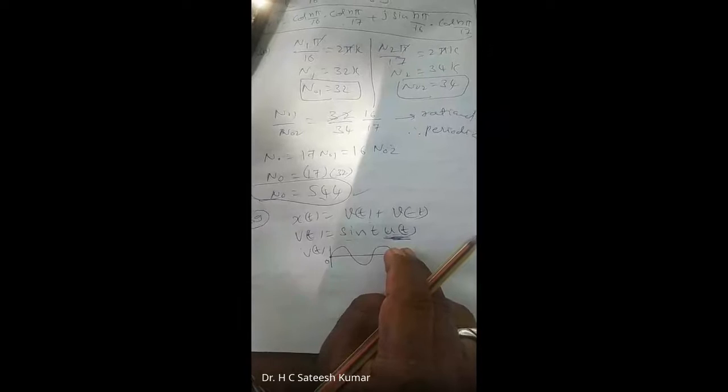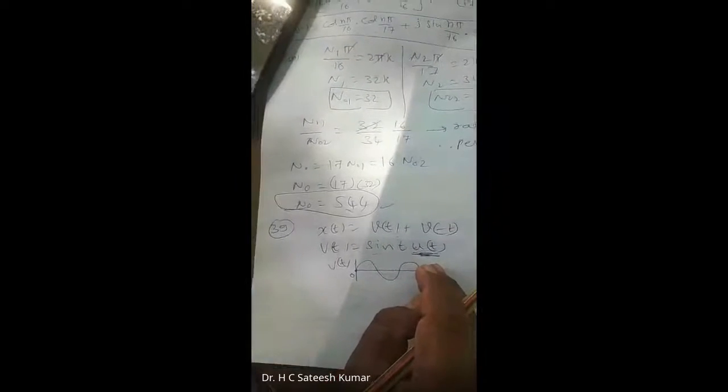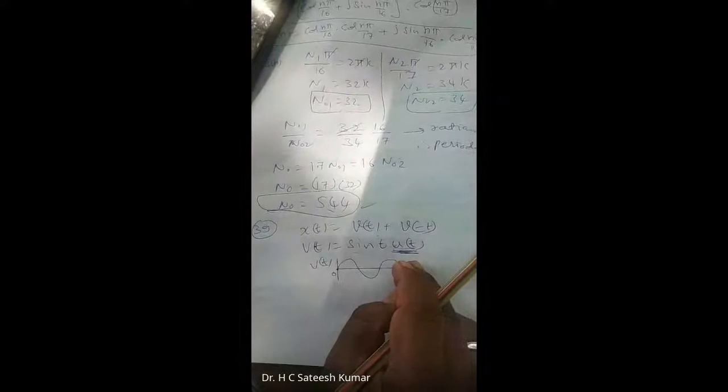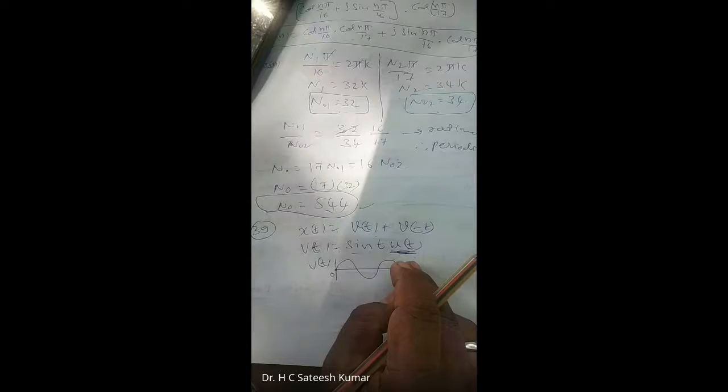Let us say any function is multiplied by the delta function, because we know that the delta function will exist only at 0. If one is 0, the product is 0. So wherever delta t exists, since delta t will exist only at t equal to 0, only at t equal to 0 will it exist.